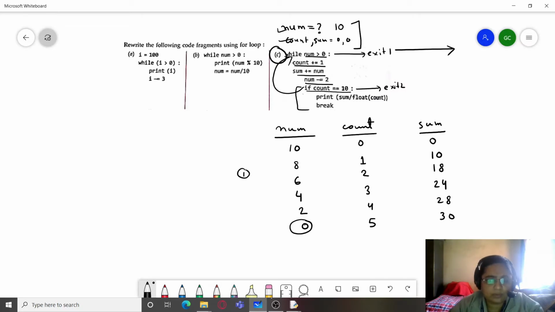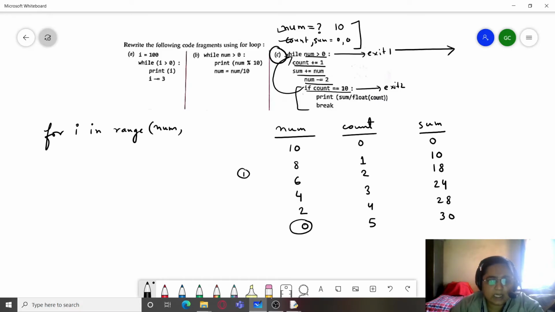So what we are going to do is we will take for i in range. Now we'll have to take i over here to represent num, because in the for range function loop we cannot take num as the loop control variable. So we will assign the value num to i.